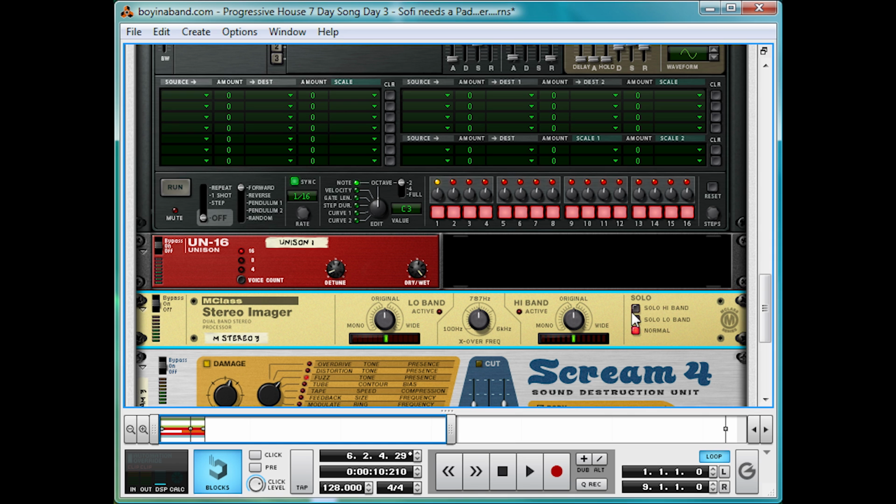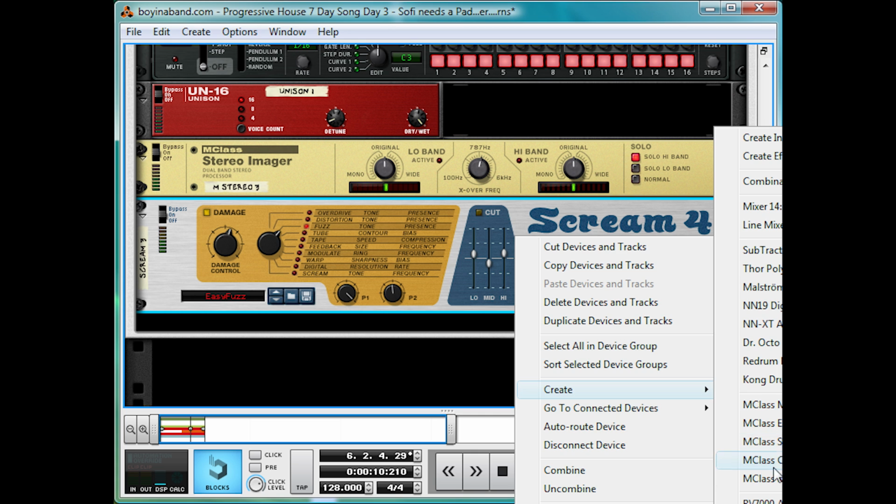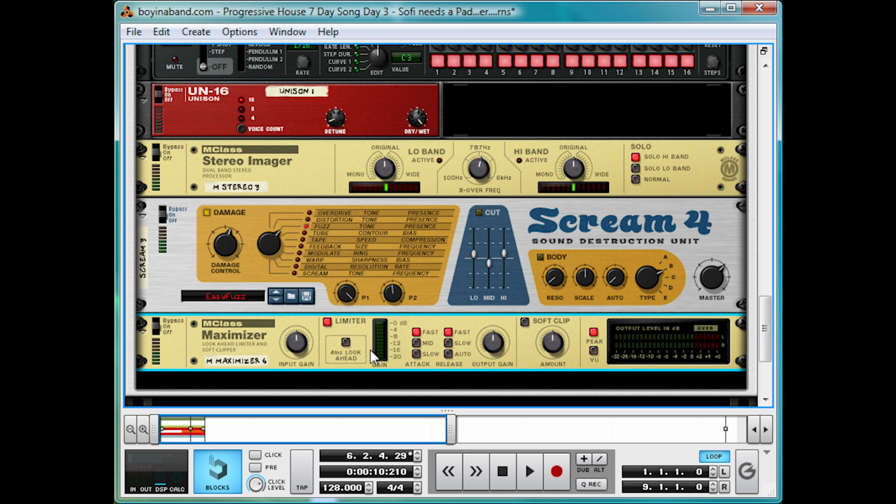So, we're going to hit the solo high band, and you can hear compared to normal. Maybe if we bring up the crossover frequency, you can hear it a lot more. Just filters out that low end and stops it being too muddy. Chuck on a maximizer, just to bring up the level a bit, and add that delicious soft clip distortion